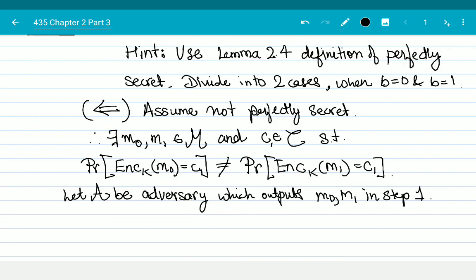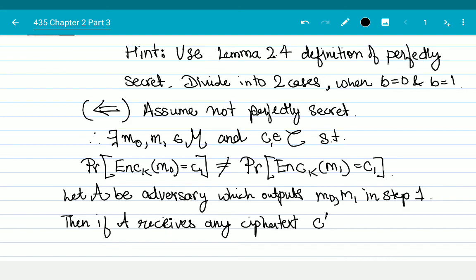A has to guess whatever the ciphertext is going to be. If A receives any ciphertext c not equal to c1,